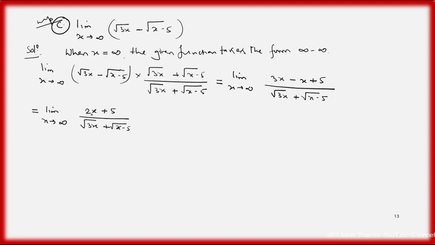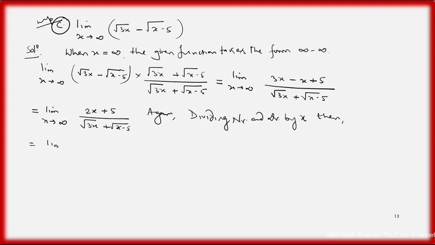X tends to infinity. 2 times infinity plus infinity. Oh, again infinity form. So again we have to solve this question by dividing numerator and denominator by x. Again dividing numerator and denominator by x, then